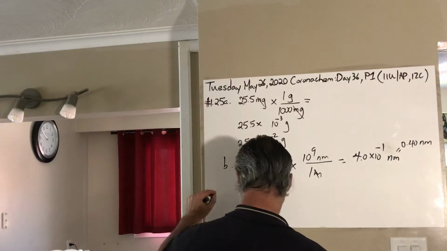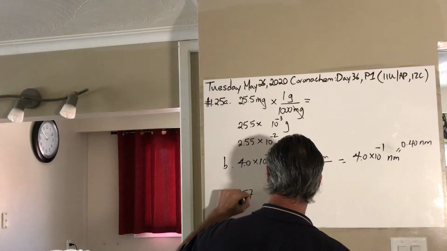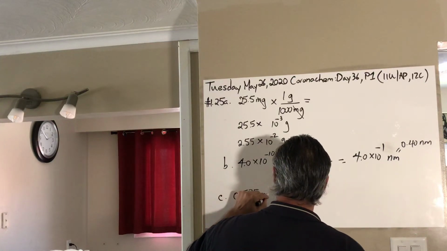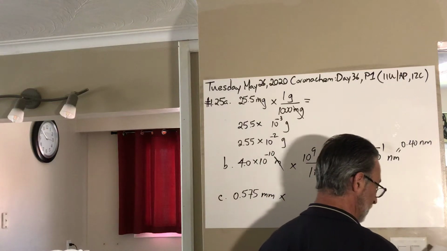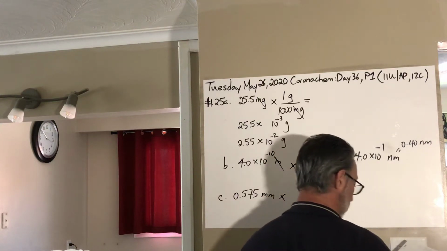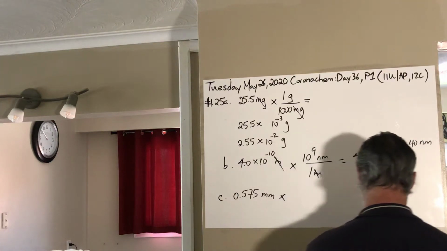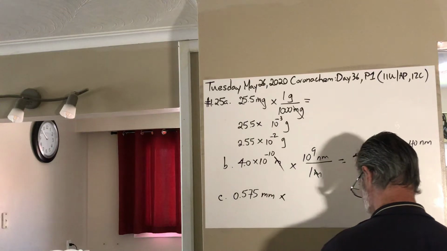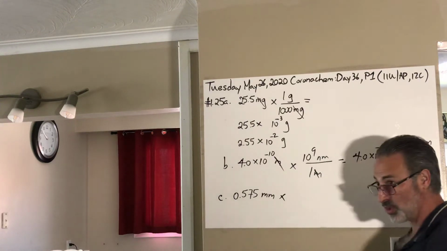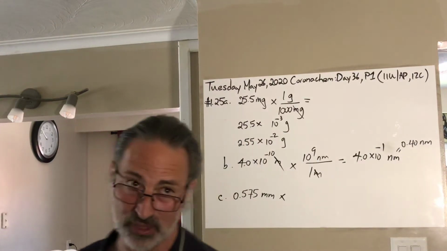Part C. You're starting off with 0.575 millimeters times, and you want to convert it to micrometers. First we'll go to meters, because I don't know the conversion factor from, well actually I do, but I want to show you what to do